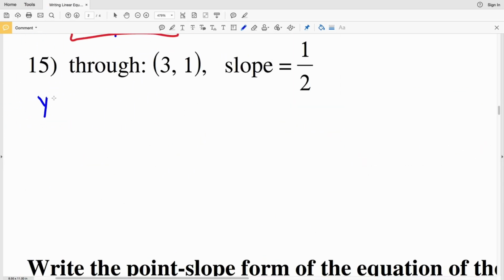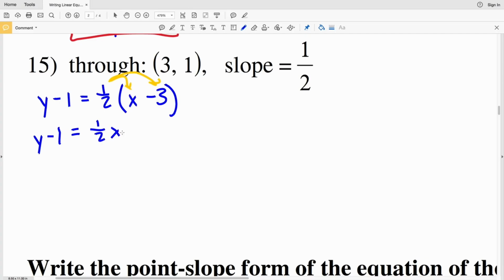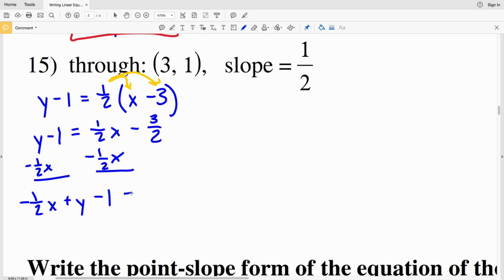Number 15, y minus y1 equals m, 1/2, times x minus x1, which is 3. Distributing the 1/2, we'll get 1/2 x minus 3/2. Subtract 1/2 x from both sides, we'll get negative 1/2 x plus y minus 1 equals negative 3/2. Now we're going to add 1 to both sides